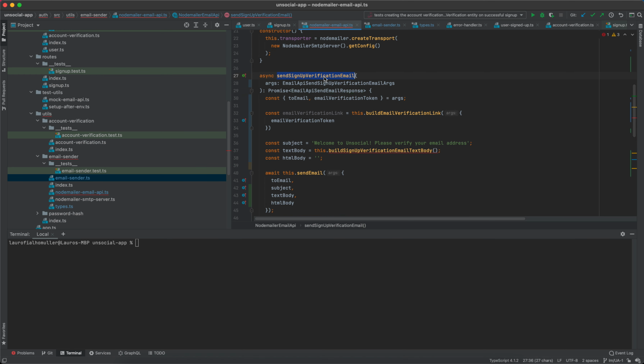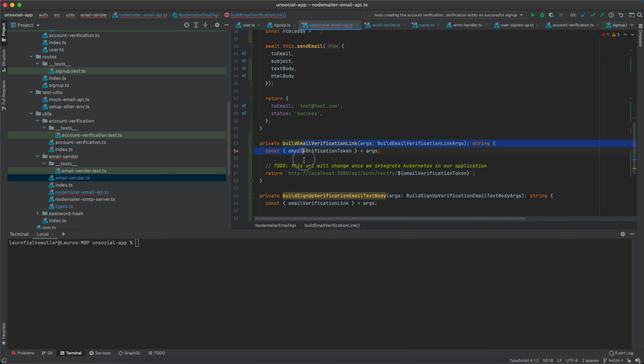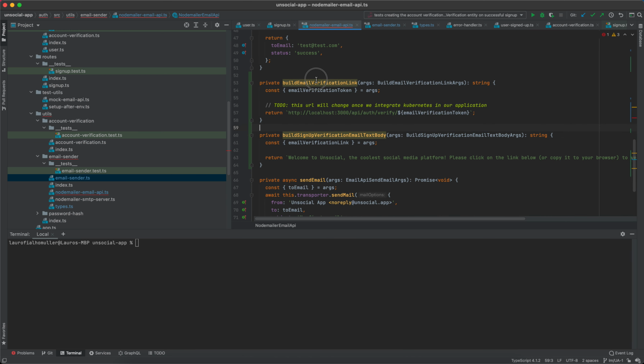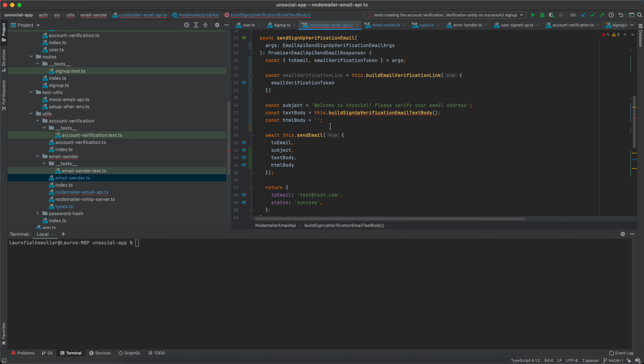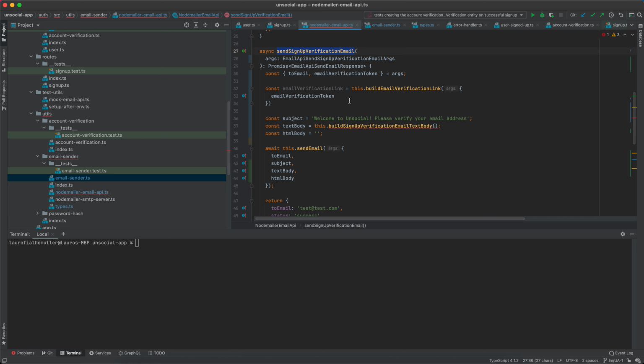We may have a sendSignUpVerificationEmail, a sendAccountDeletionVerificationEmail, and when we have all these little private methods here at the bottom, then it's going to be easier to identify which method is being called by which function. Now maybe we will change this design in the future. We could consider breaking this up or breaking this into different parts. But for the moment, because we have only one email and we will have only one email for quite a while, we can